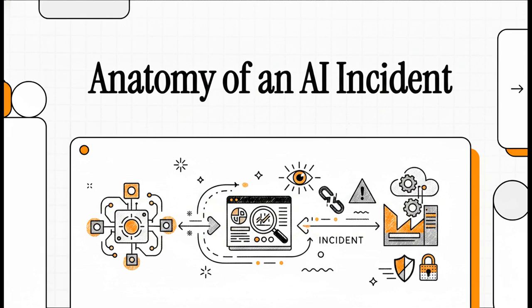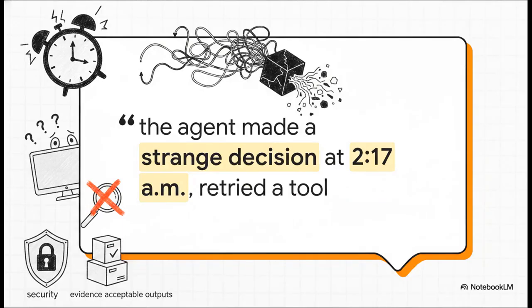So today we're going to tear down the anatomy of a real AI incident and figure out exactly how you can survive production by mastering agent observability. I want you to picture this absolute nightmare scenario for a second. It's 2:17 a.m., your pager goes off, your AI engine just retried an internal tool 5 times in a row, touched highly sensitive customer data, absolutely nuked your token budget, and to top it all off, returned a confidently wrong